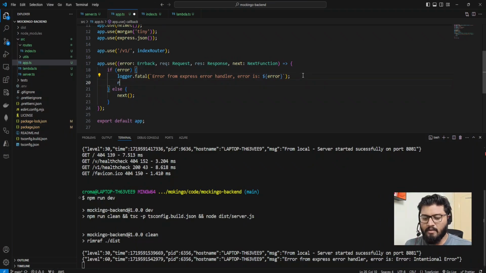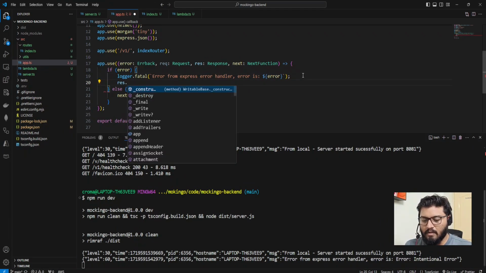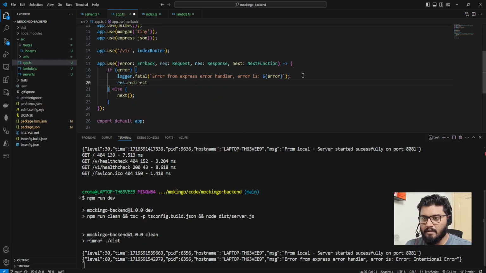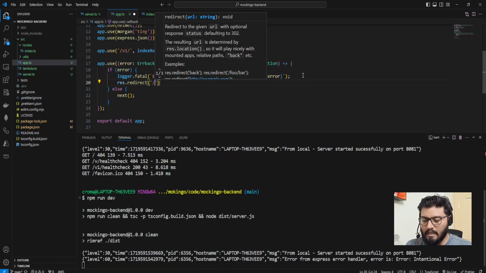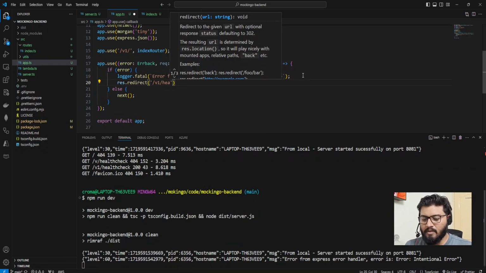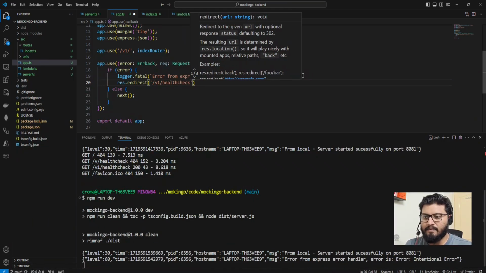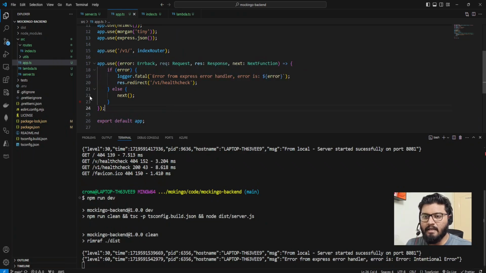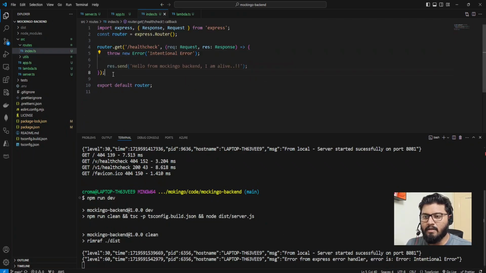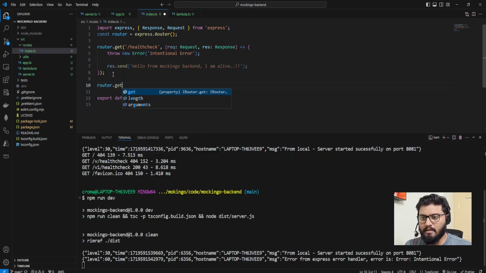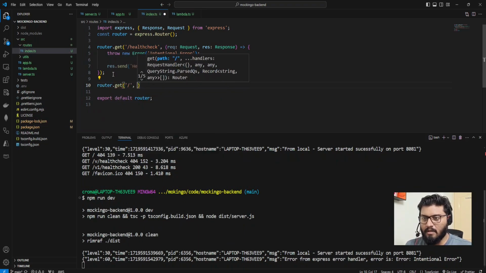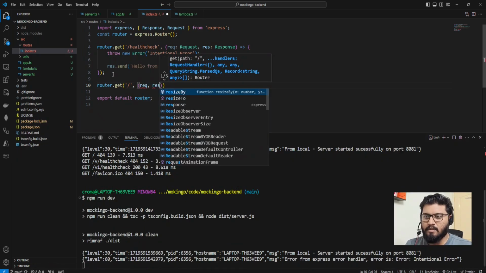So what I'll do is response.redirect for now to /v1/healthcheck, because that's the only route that we have active right now. Okay, so we can create one more route. Let's create one more route here, saying router.get, that's the /, request. I'll copy it from here,